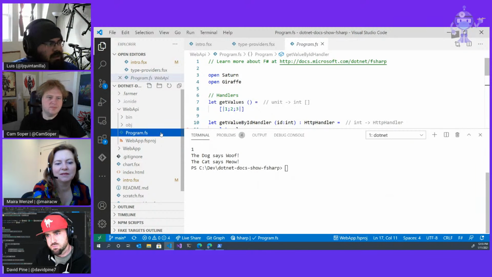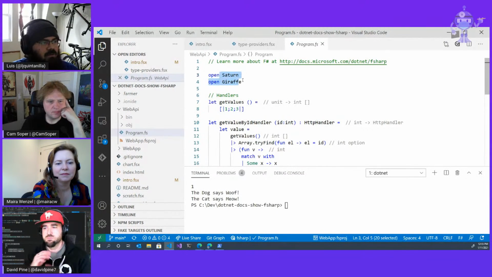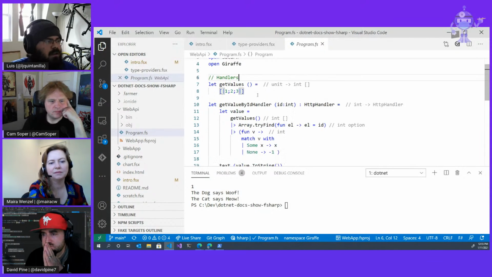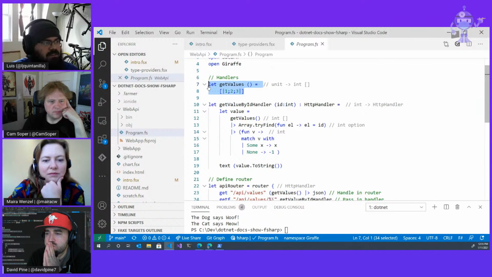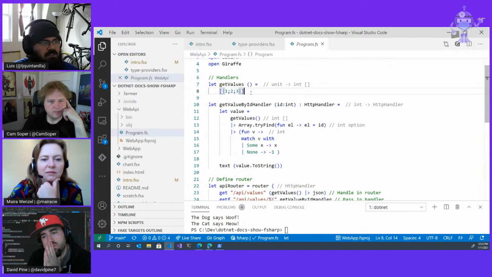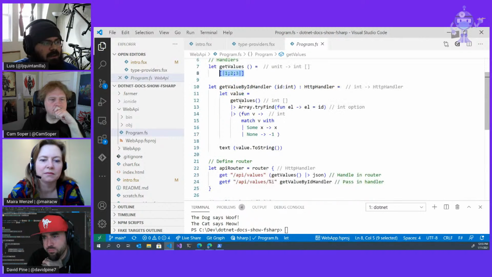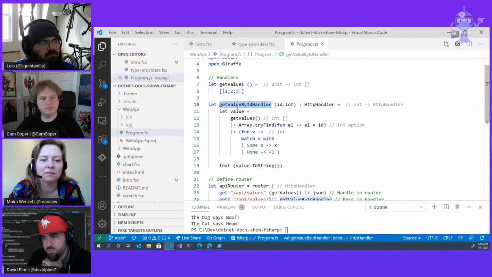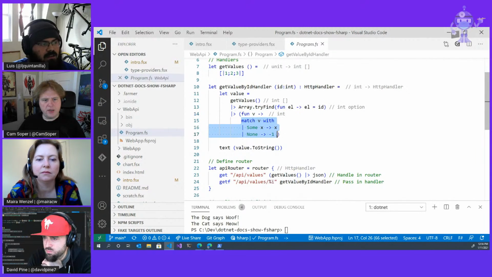So in this case, I have this web API that I built using Saturn, which is built on top of Giraffe. And this web API does two things. You have this function here, which gets the values, and it just returns an array of numbers. And then you have this other one, which you can call, get value by ID. You pass it an ID, and it's going to try to find it in the list of values and return it to you. One of the things you'll notice here is this